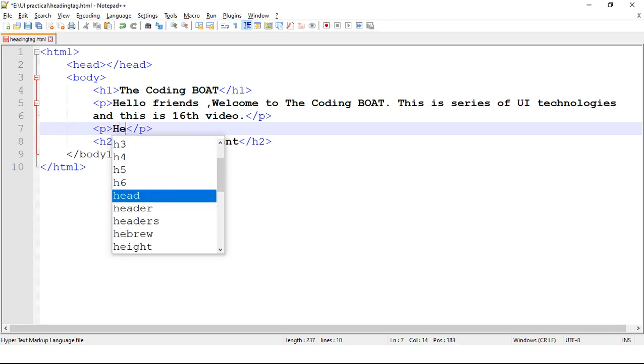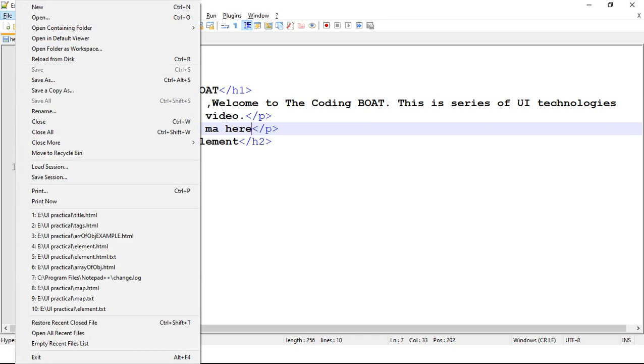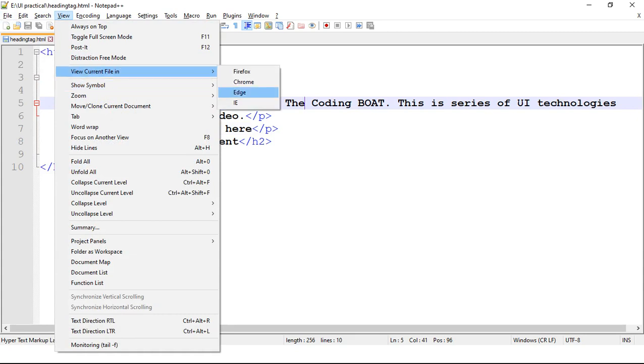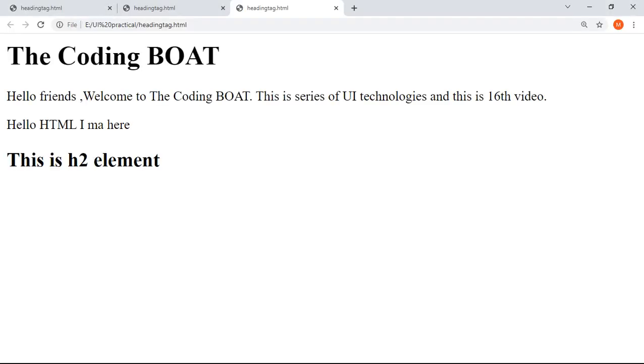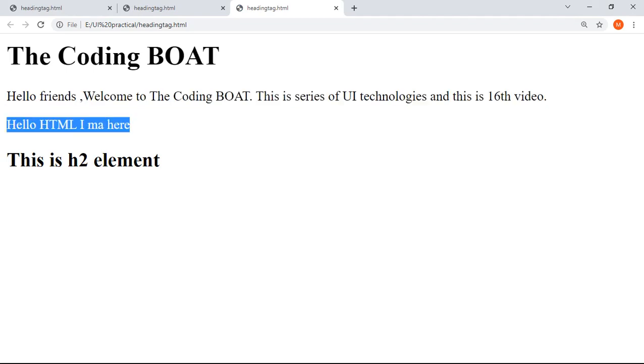Okay, hello HTML, I am here. Let's save the code. Already I have saved using Control S. Now execute the code. Got it? This is one paragraph, this is one paragraph, and both paragraph tags are occupying complete width of the web page. Hence paragraph tag is block level element.